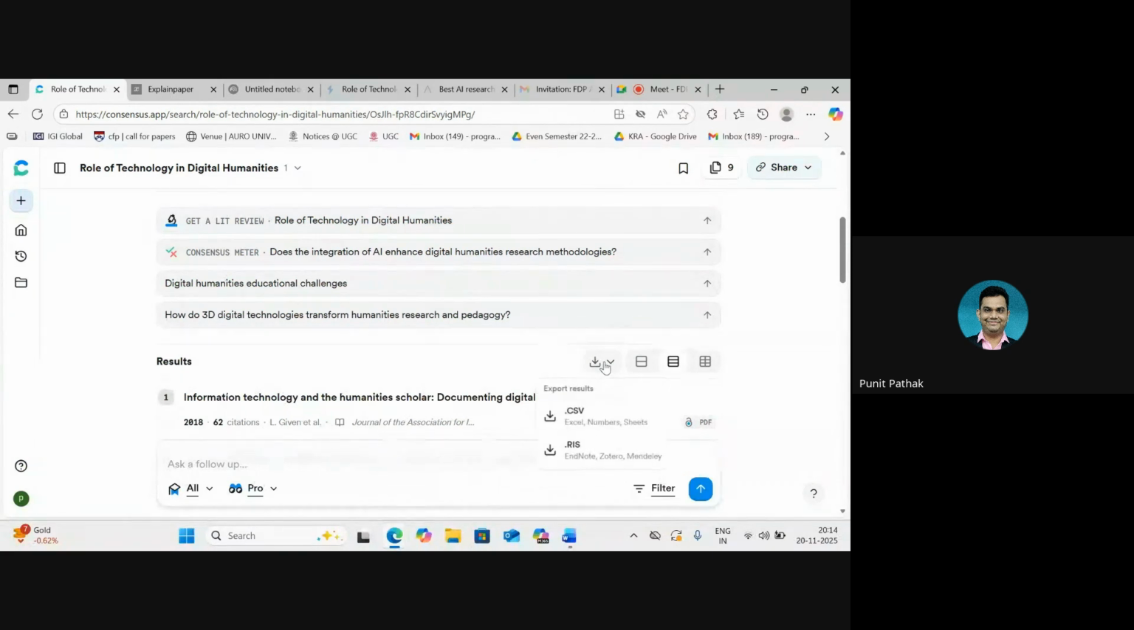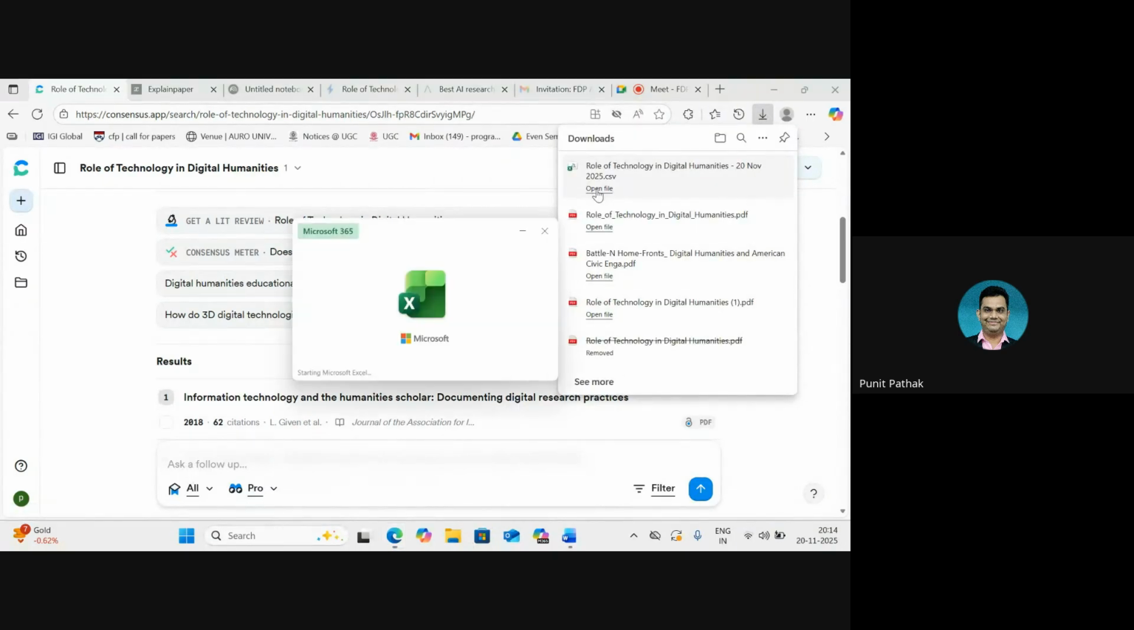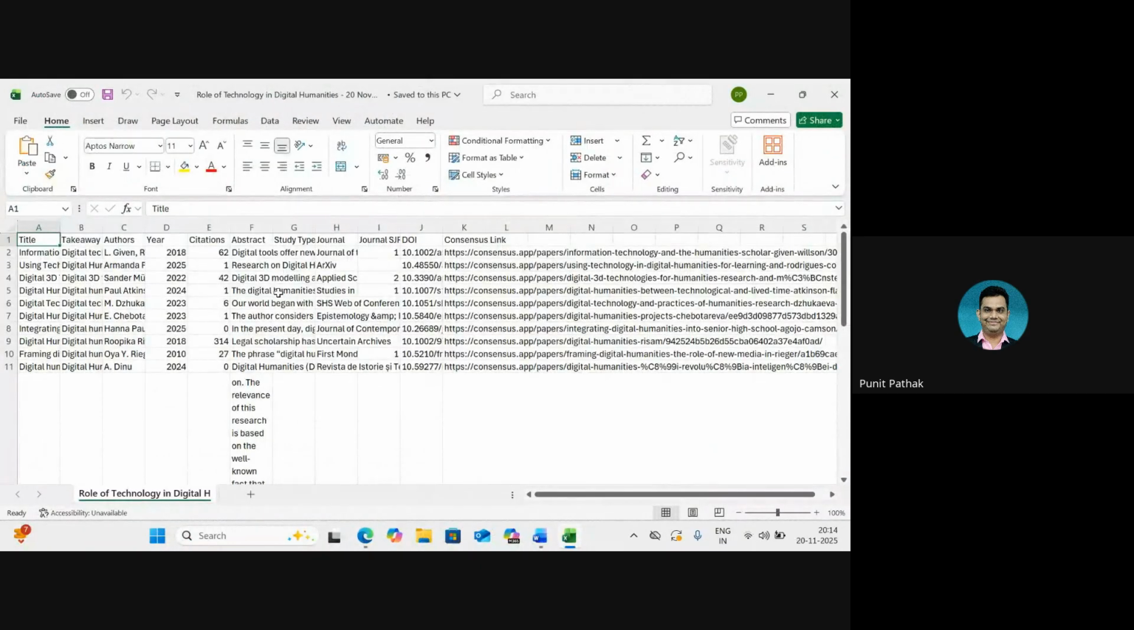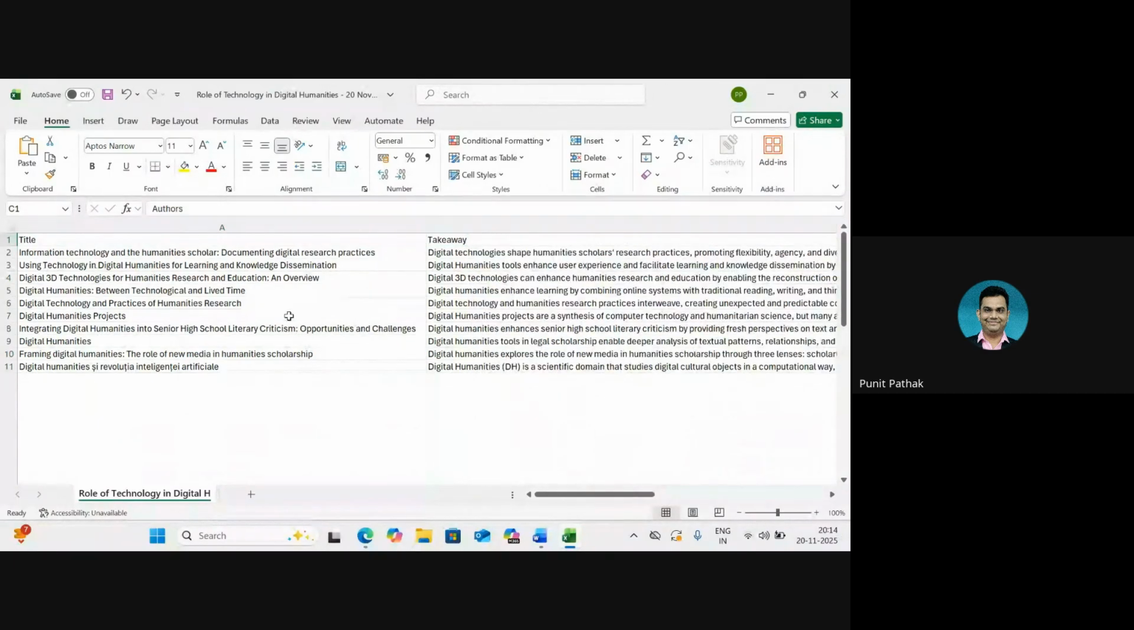From here, I can click on export. And unlike our previous platforms, this one doesn't require us to upgrade to any premium version to download the files in a CSV format. It allows us to do it directly. And all the 10 papers that we have looked at, which are available in this list,